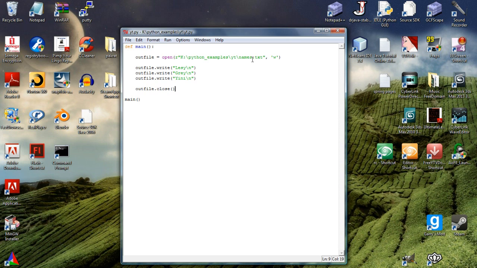Unless the file doesn't exist. If it doesn't exist and I specify the file name and the extension, then it'll create the file